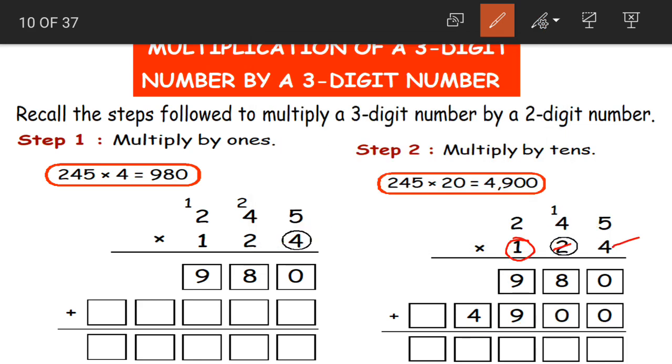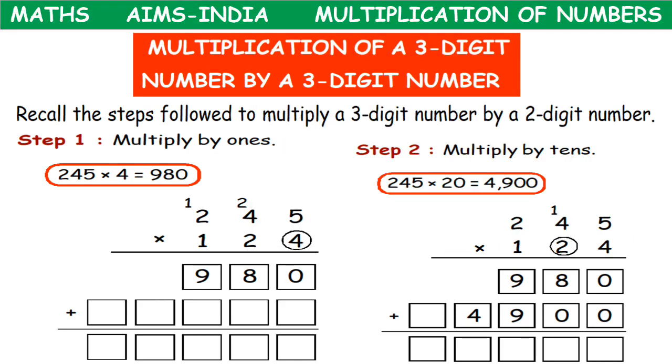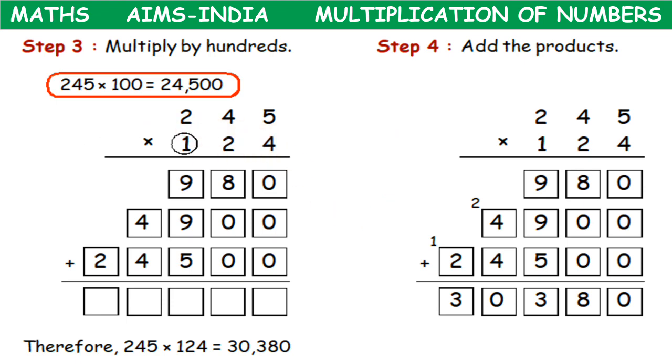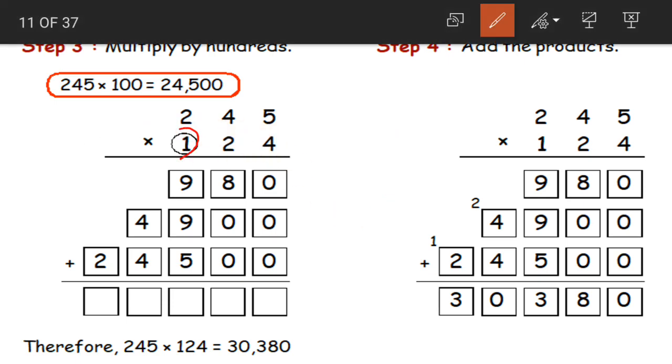But here in the multiplicand we are having the third digit, which is the hundreds place. So we should do the hundreds. We should multiply with the hundreds place digit now. 245 into 1. Now again we are multiplying with a new digit. So remember to start in a new line. And again before multiplying, see after 1 we are having 2 digits here. Yes. So I am writing 2 zeros in the product also. Now after writing the zeros, start multiplying. 1 fives are 5, 1 fours are 4, 1 twos are 2.